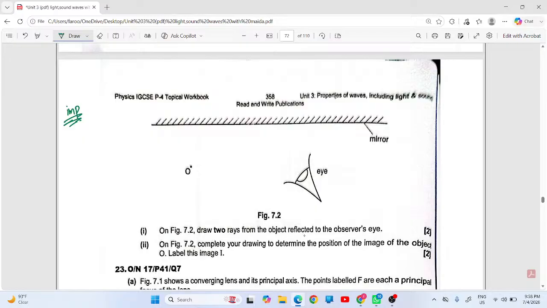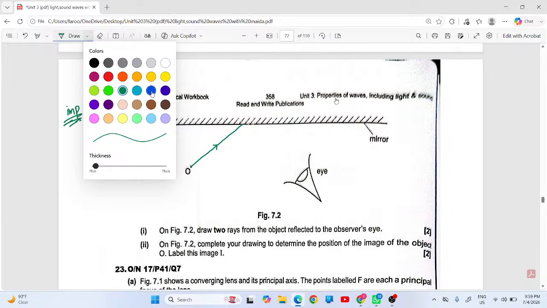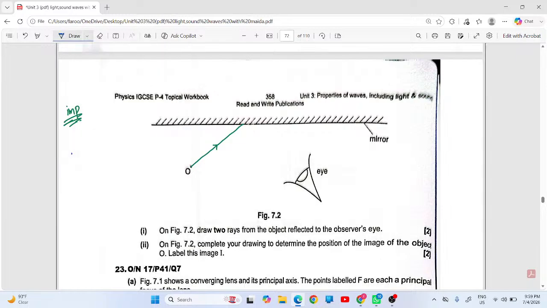On figure 7.2 draw two rays from the object, rays from the object reflected to the observer eye. तो बच्चे आपने क्या करना है, टू लाइट रेज कंसीडर करें, इट इज मूविंग इन दिस वे, दिस इज द रे नंबर 1, ठीक है, और सेम आपने सेकंड रे भी कंसीडर कर लेते हैं, ब्लू से बना देता हूँ। सेकंड रे बच्चे इसी के थोड़ा सा करीब से ही ले जाए, दिस इज द सेकंड रे कमिंग फ्रॉम प्रोजेक्ट,